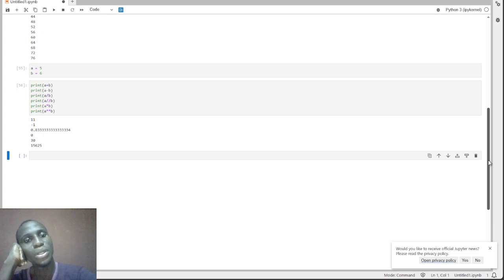This one will return the remainder. We call it modulus. It will only return the remainder of whatever you divided. So by the time you divide 5 by 6, there's no whole number, so we're having 5 as the remainder. And this double division stroke, we have floor division. Then 5 raised to the power 6, that's why we have